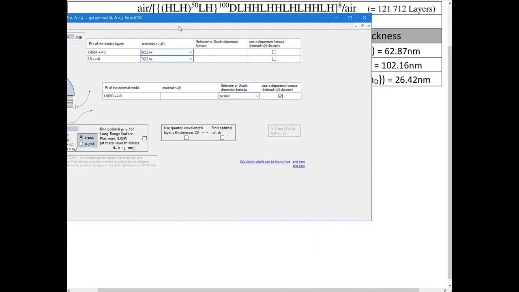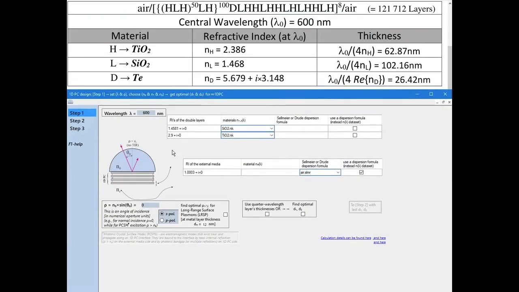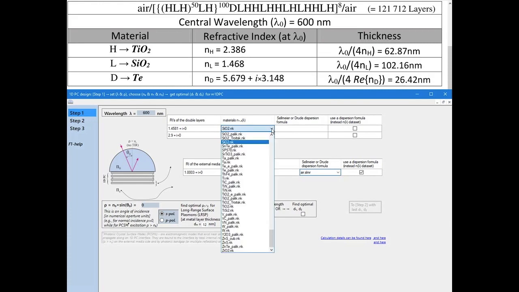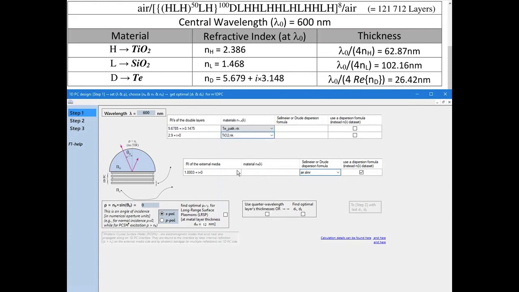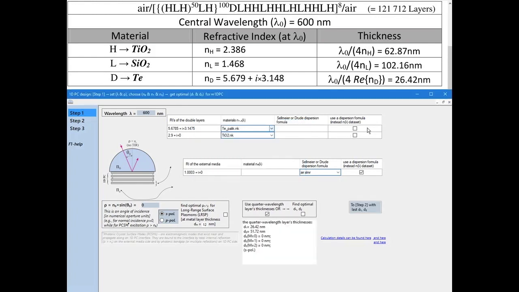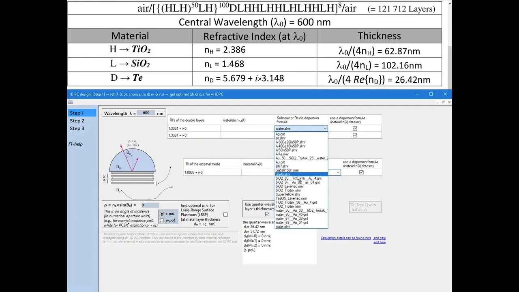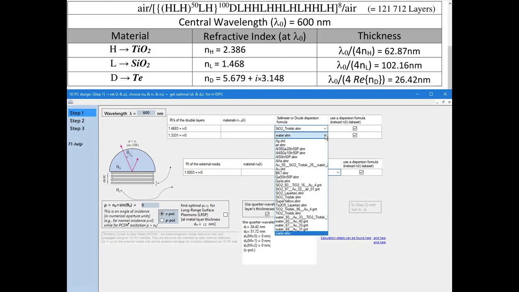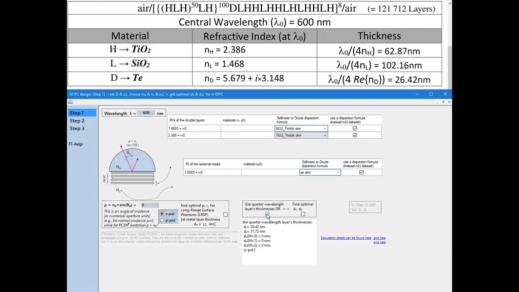Now we run the program and we see that we really have a wavelength of 600 nanometers and a normal incidence. Now let's change the materials of the layers and find their thicknesses. We see that this structure consists of quarter wave layers. Let us first find a quarter wavelength thickness for tellurium. We get about 26 nanometers for this wavelength. We will remember this number, while other quarter wavelength thicknesses the program will insert itself. We will put the first layer, and the second layer here. Indeed, we get these quarter wave layers.